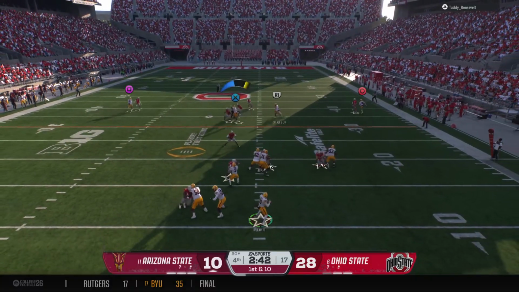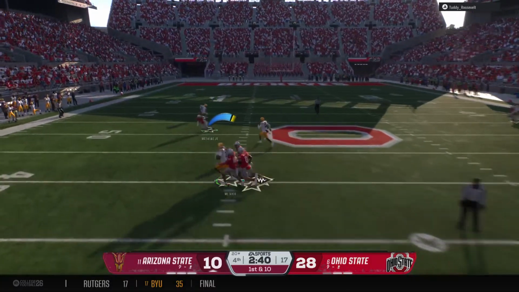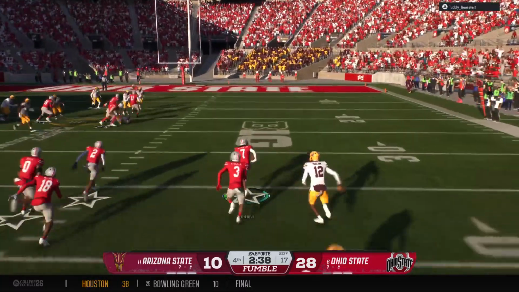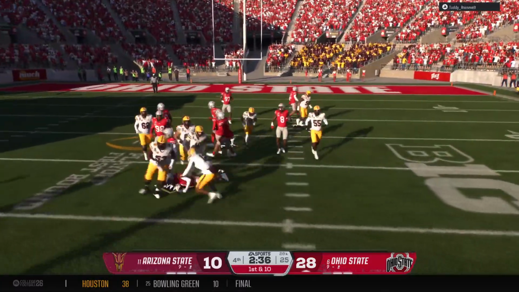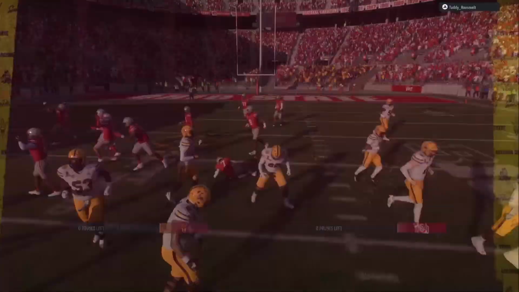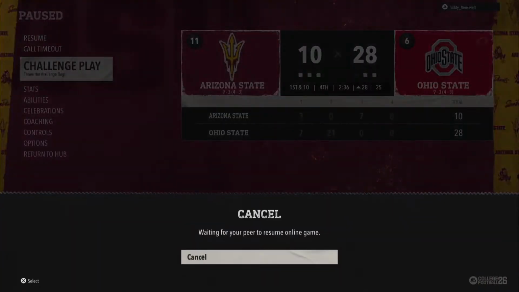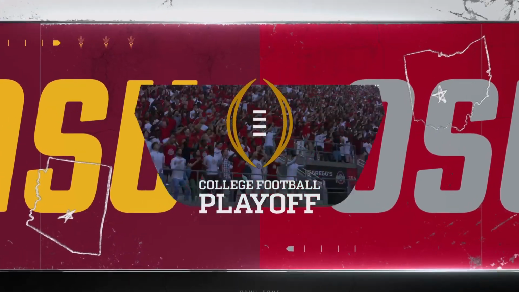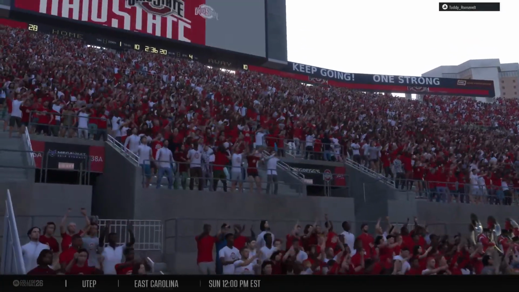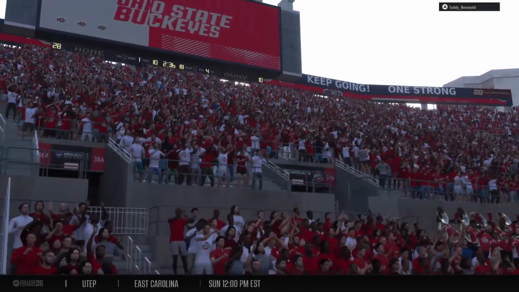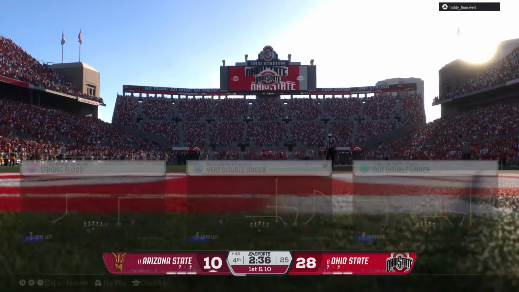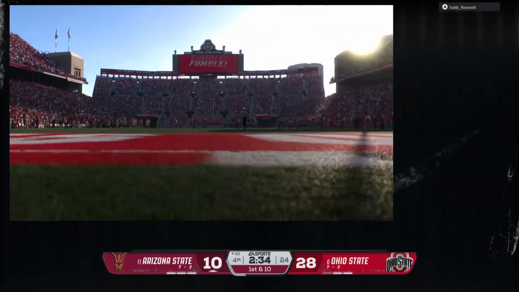Dropping back. It's Levitt. Quick throw over the middle. Catch made down the left side. An explosive play. Defense picks it up. Still moving. Man, when you get into this game on this kind of stage in the second half and you're trailing, you just cannot afford to put the ball on the ground. The defense is attacking, trying to get the ball out. They do. Ball's on the ground, and this could be the end of the game.